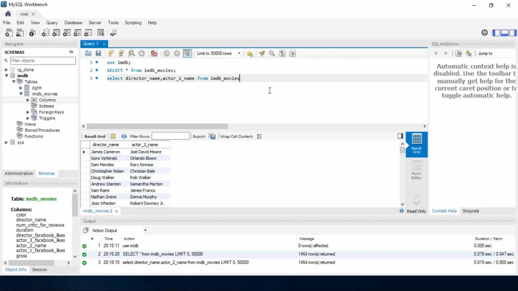So now as you can see, there are 1464 rows affected when I run this query, that is select director name, actor 2 name from IMDb movies, okay? So I will take this same query and I will take,